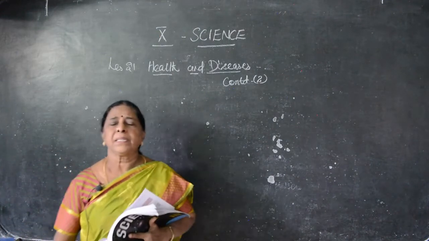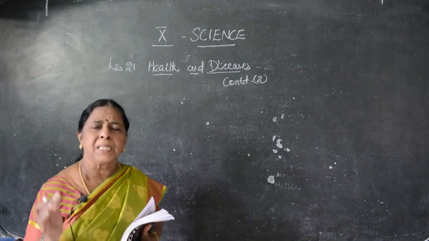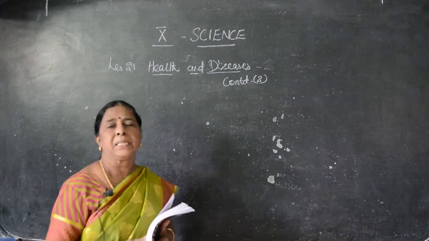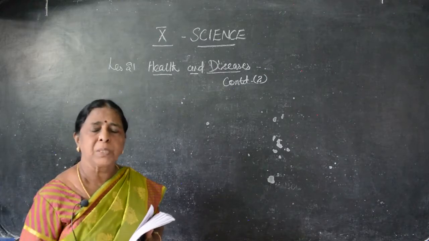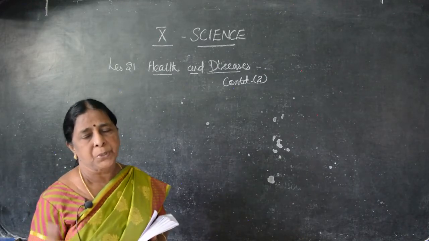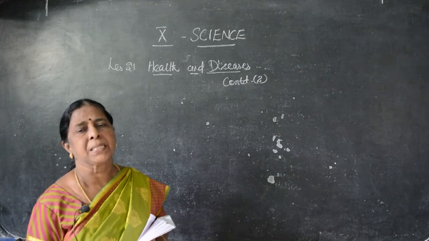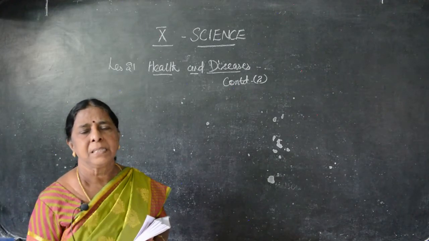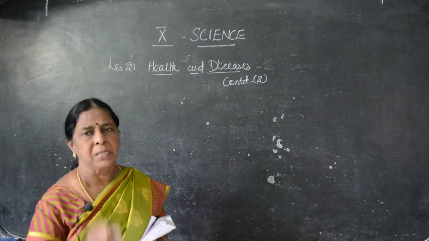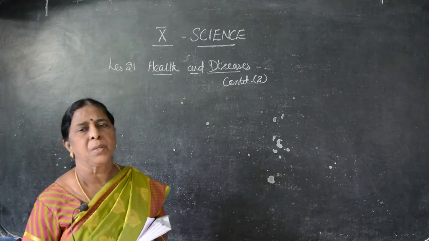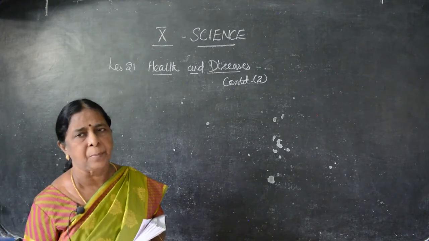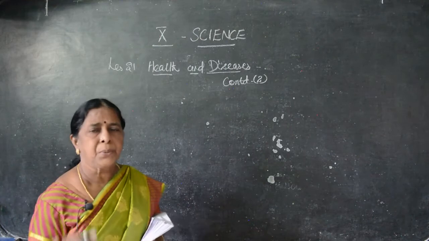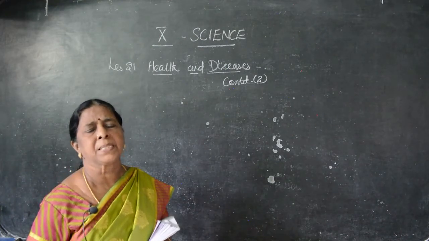Children, hurriedly we are taking the classes. Whenever time permits, I'm taking more effort and completing the lessons, because we have to go for the practicals also. So we should have some time for doing practicals. If I complete this lesson, I have almost completed all the lessons. Physics I have to take one lesson, chemistry one lesson, and biology one lesson. Totally 4 lessons will be pending for me out of 23 lessons. Clear? So I have tried to complete as far as my concern.